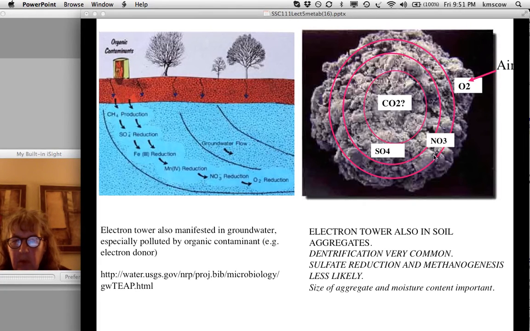But as you move in, the oxygen has all been consumed, so the organisms are going to turn to the next favorable electron acceptor, which is nitrate. I didn't put iron and manganese here, and maybe sulfate as you go deeper into the aggregate. A lot of what we see in aggregates is definitely these anaerobic sites where nitrate is being used as an electron acceptor. This is extremely important, because